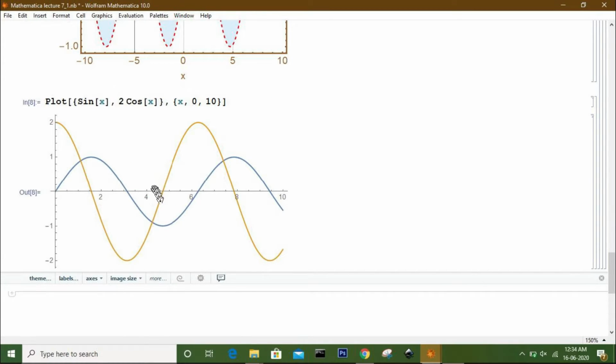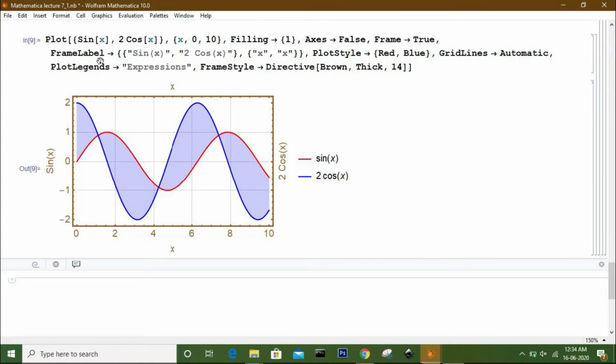Now you can add more styles to make it attractive. In this plot, the first thing I would like to mention is about the frame levels. If you notice carefully, I add levels in all four sides of the frame, and you can do this by making two sections in the frame level command. The first section is for vertical axis and the second section is for the horizontal axis, and always specify them in inverted commas.